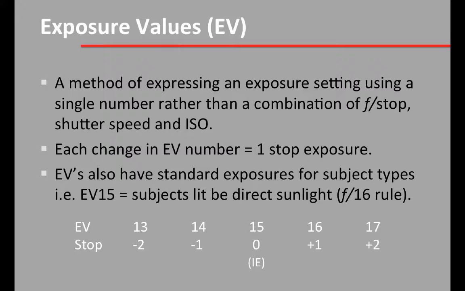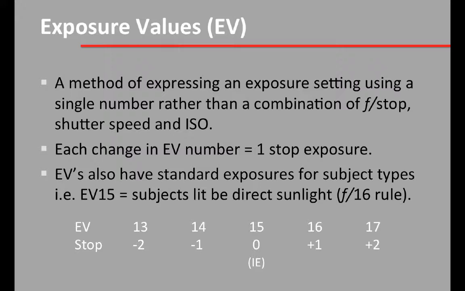Now, it doesn't matter through law of reciprocity whether you've changed the f-stop and shutter speed, or you've upped the shutter speed because you want a faster shutter speed, but you've adjusted it with the right f-stop. So it gets very complicated when you're trying to compare exposures using the f-stop, shutter speed, and ISO setting. So EV exposure values are a way of shortcutting this concept of what that combination of exposure elements actually mean